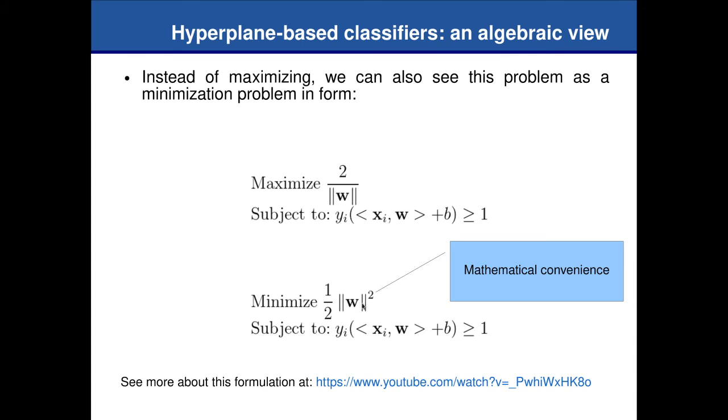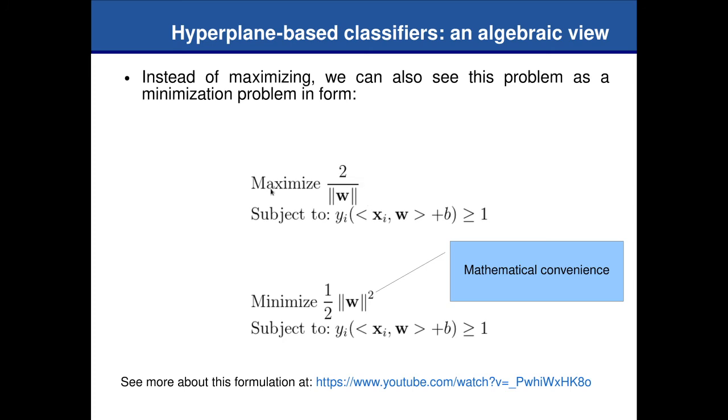So norm of W divided by 2. That's a possible way of rewriting my problem. So if I intended to maximize this, when I do the inversion, when the norm of W comes on top and 2 comes as denominator,